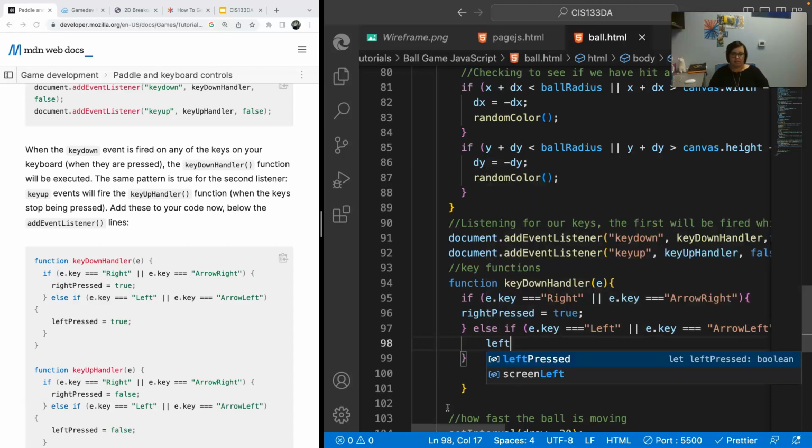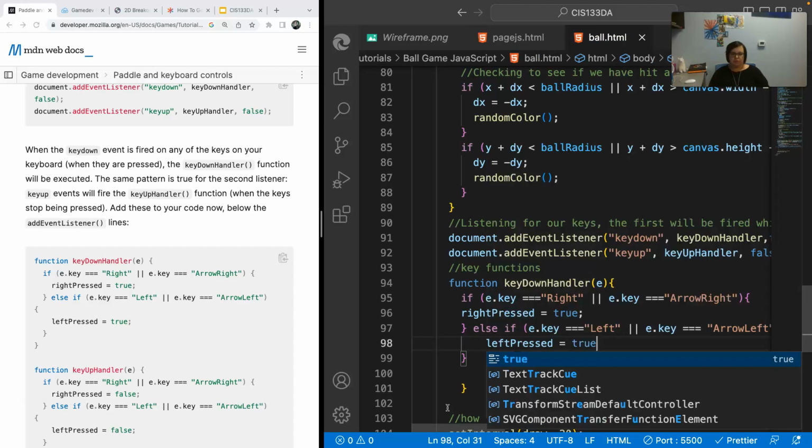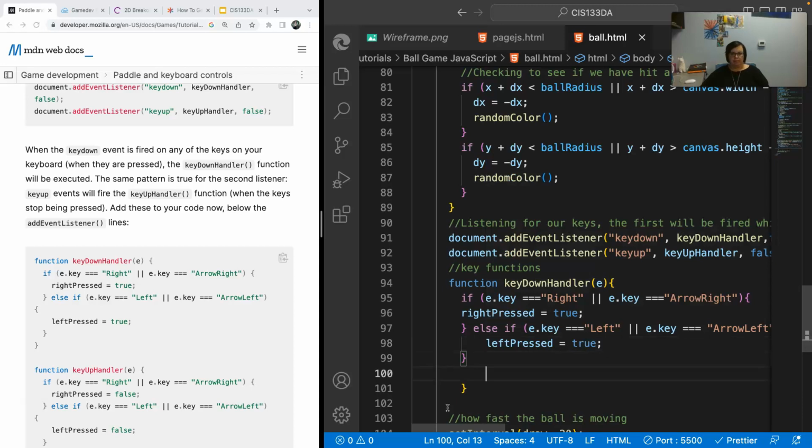It's left pressed equals true. There we go. All right. Okay, whatever. All right, and then the next one